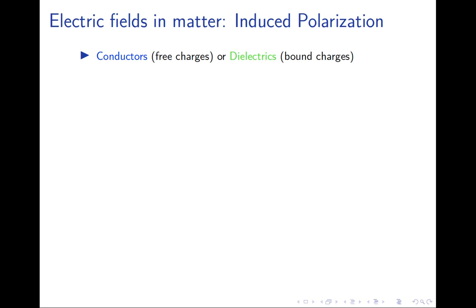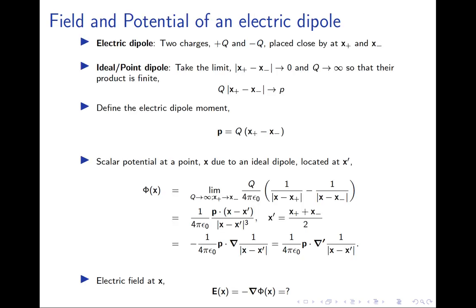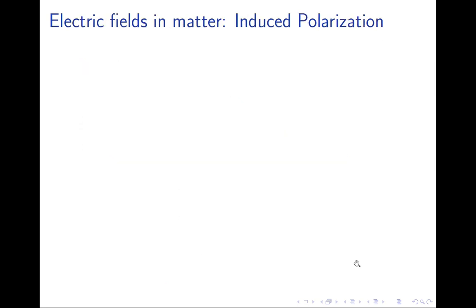Okay, so now let's look at electric fields in matter. Now that we have set the ground, because we've already discussed the dipole, as I said, the highlighted formula is this, that the potential is given by this equation. Now we are ready to tackle electric fields in matter. As I said, matter comes in two categories. Either it is made up of non-neutral objects, that is molecules or atoms from which the electrons have been stripped off and are moving on their own, which are called free charges, or there can be dielectrics or bound charges, in which electric fields, no matter how strong, are unable to strip the electrons from the molecules,